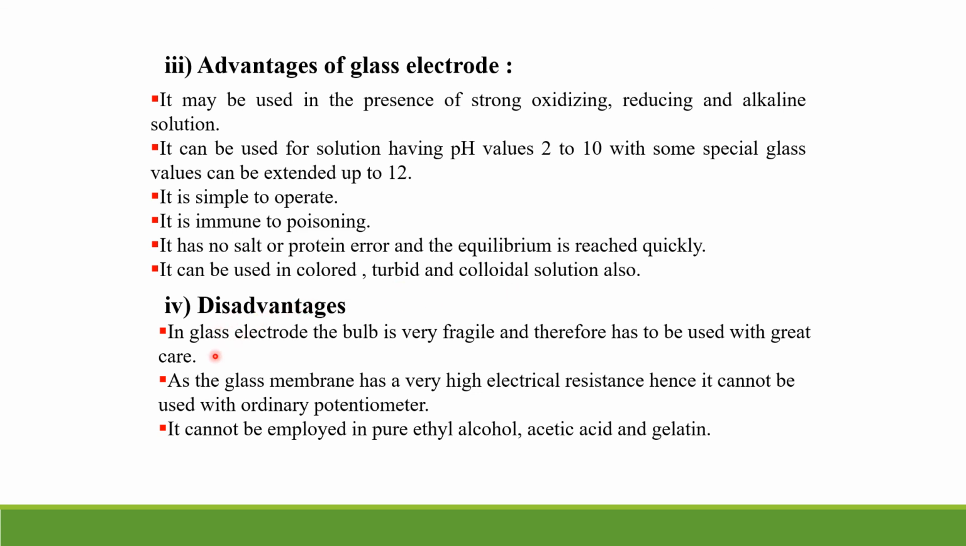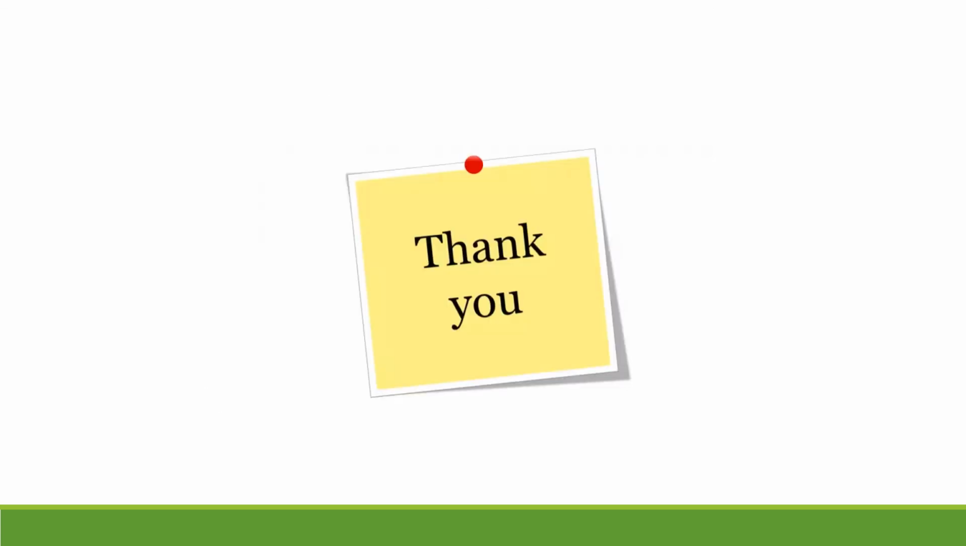Now there are some disadvantages also in glass electrode. The glass bulb is very delicate, it is very fragile, and it has to be handled with very great care, as the glass membrane has a very high electrical resistance. Hence it cannot be used with an ordinary potentiometer. It cannot be used with solutions that are pure organic solvents like ethyl alcohol, acetic acid or gelatin. So these are some of the advantages and disadvantages of the glass electrode,